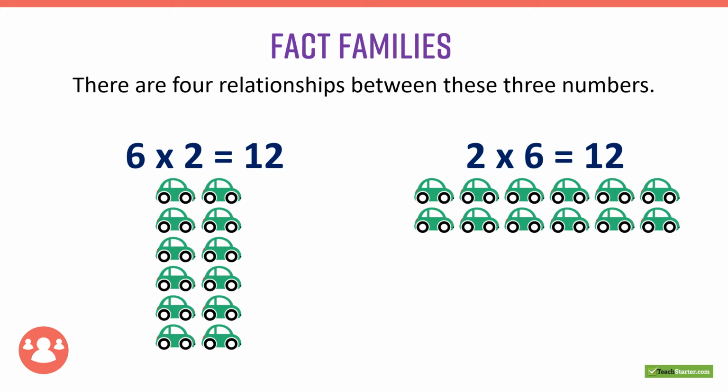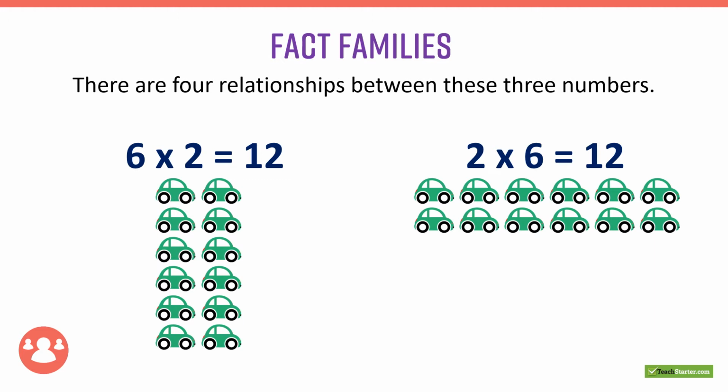First, we're going to take a look at the multiplication relationship. So let's look at our array that we have here. We have 6 rows. So 6 is our first number in our multiplication sentence. And in each row, there are 2 cars. So this shows us that 6 multiplied by 2 gives us 12. And if we were to count these cars, there would be 12. And we can check that by using our skip counting knowledge of 2 by going 2, 4, 6, 8, 10,